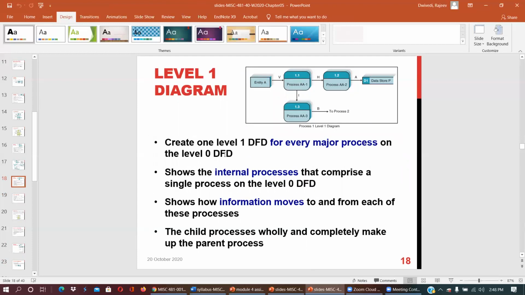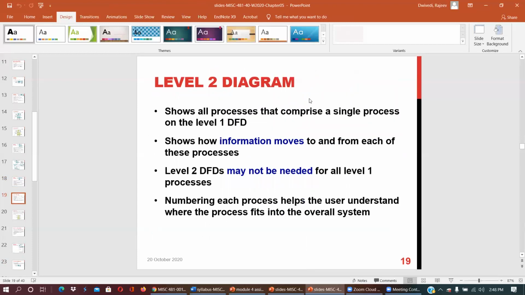After this, the level 2 diagram shows all processes that comprise a single process on the level 1 DFD. It shows how information moves to and fro each of these processes. And there is also a possibility that it may not be needed for all the level 1 processes.